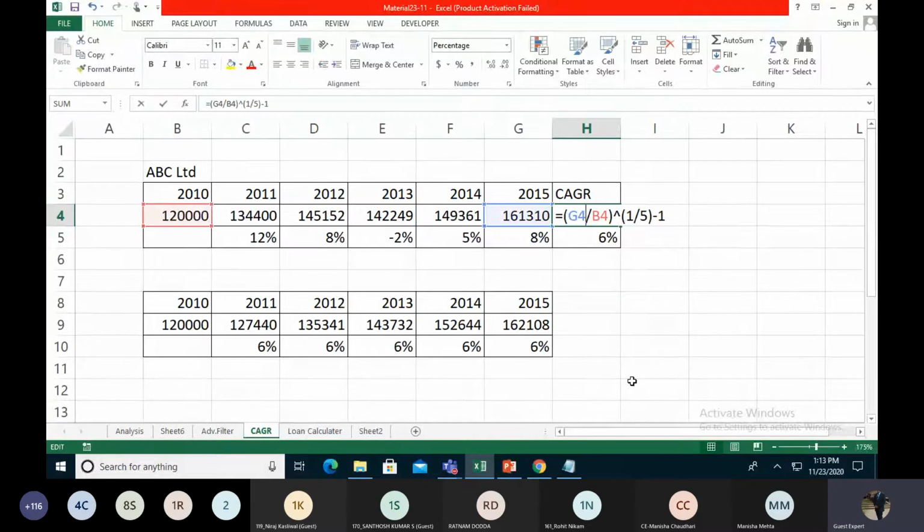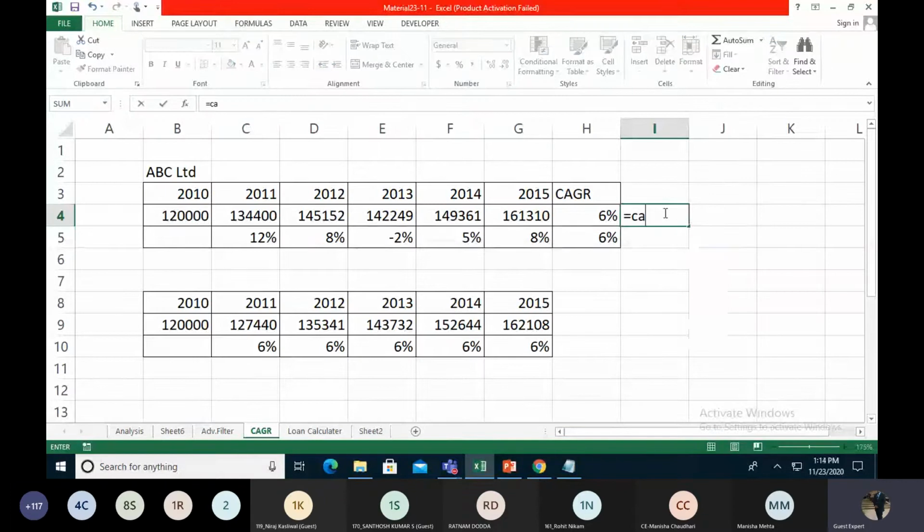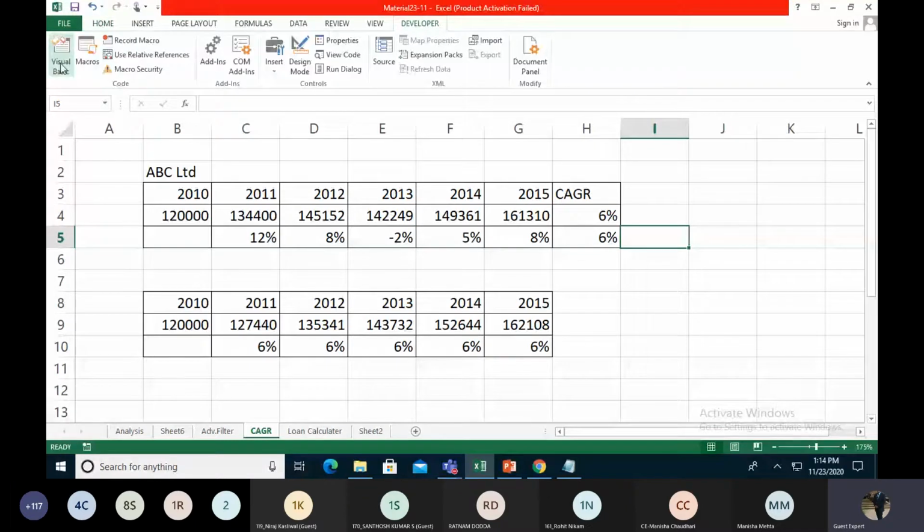Okay. So we take this formula, opening by 1 divided by. This CAGR formula is not mentioned over here. Sometimes we have to create our own formula in Excel so we can use it. Right now we go to the Developer section. In this section, we choose Visual Basic, macro. In the next level we will see what a macro is, how we use it, and how we create a dashboard for that.